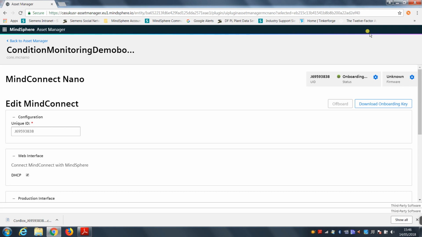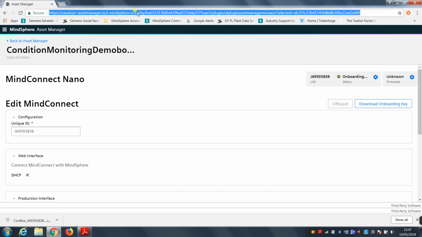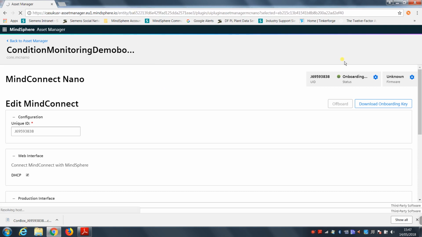So just looking at my MindConnect Nano now, it's just got one green light and we're awaiting further information. Still cycling through, and now we are good to go. So now my MindConnect Nano has two green lights, which means it's connected to MindSphere and in particular to this MindSphere account. So I'm going to refresh this page, and the onboarding status should go from onboarding